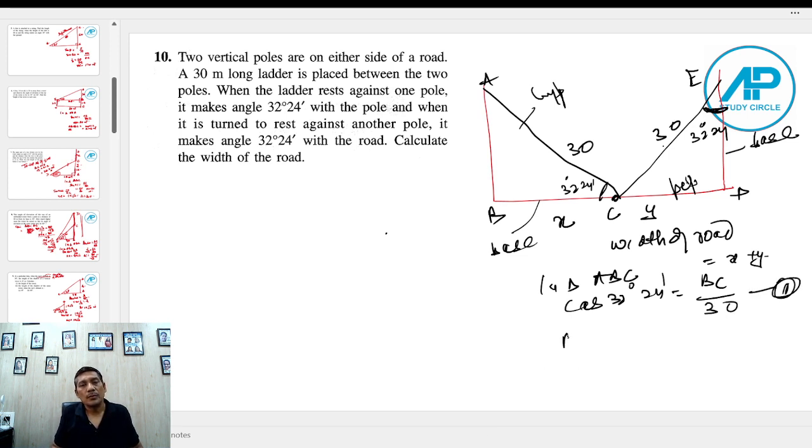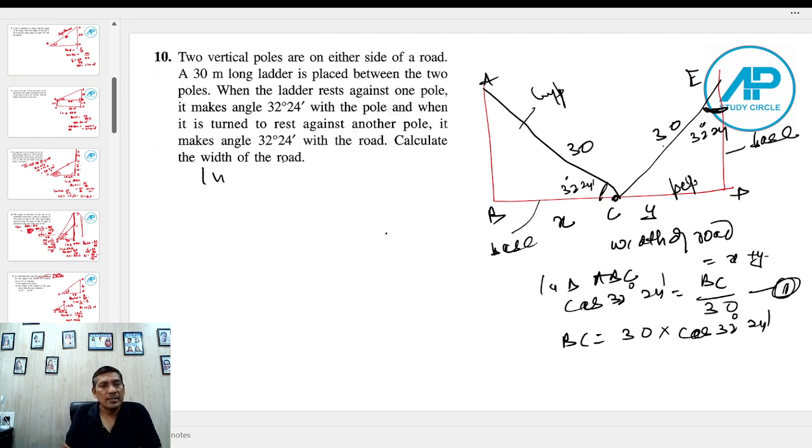So the BC will be equal to 30 into cos 32 degree 24 minutes. आपको अपनी टेबल से, मैं इसका सॉल्व नहीं कर रहा हूँ, एक क्वेश्चन खुद ट्राई करिए। टेबल से 32 डिग्री 24 मिनट्स की वैल्यू फाइंड आउट करिए और 30 से मल्टीप्लाई करिए। जो सेकंड I am doing here, this side is empty. In triangle